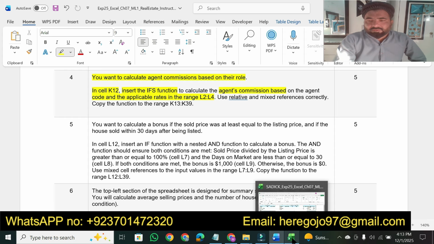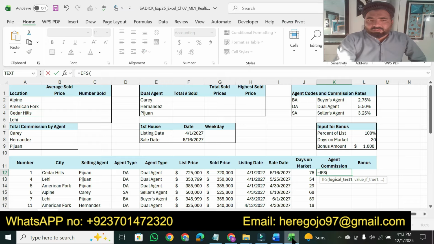So now our main focus is on agent type here. If it is equal to, what, if it is equal to this one, then